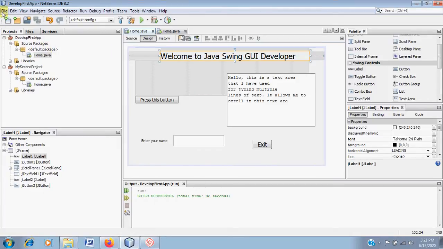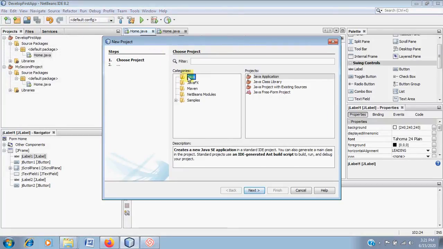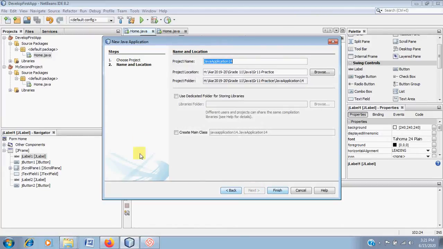So to start a Java Swing, we click on File, New Project. I want to start a Java application program, which is what we are going to develop, and I want to call this my third application, APPLN, my third application, and it's going to be stored in this directory here. That's fine, and I don't want a main class, so I have not ticked the option. I click on OK here.